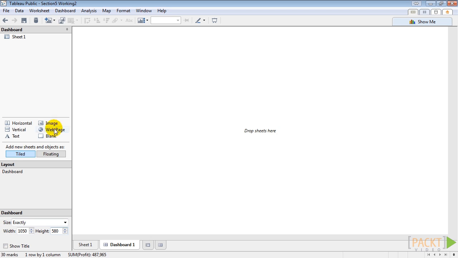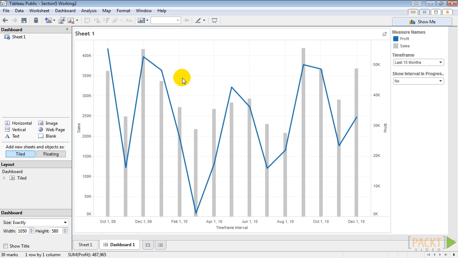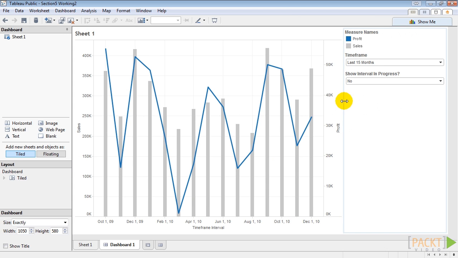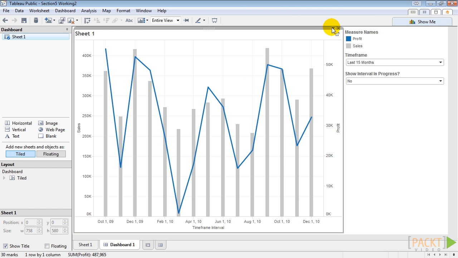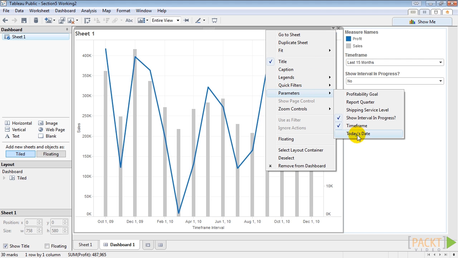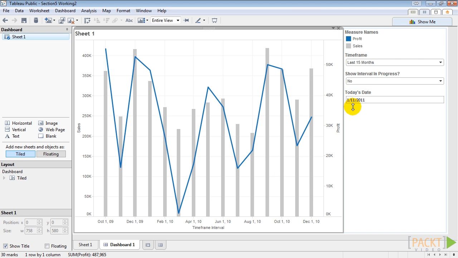So let's begin by dragging our combo chart out onto the sheet. Let's make our vertical container a little wider and add a parameter by clicking the action arrow and showing today's date. Now if we want to line up today's date and the time frame on the same line within this vertical container,